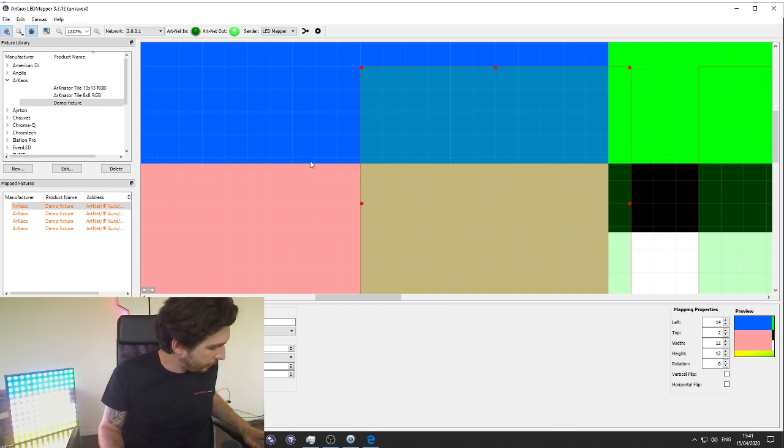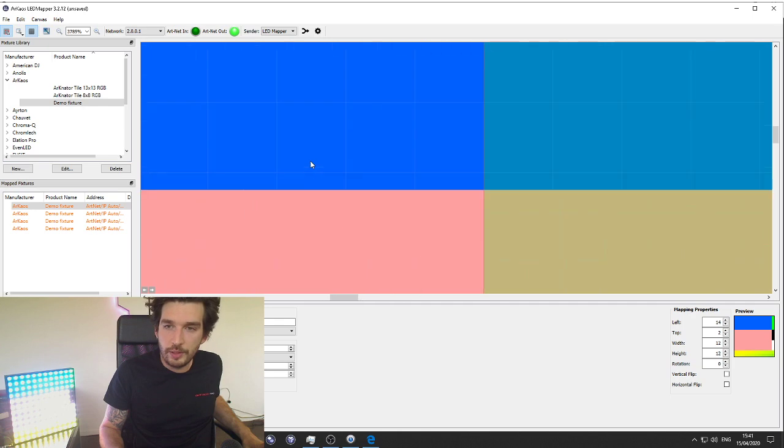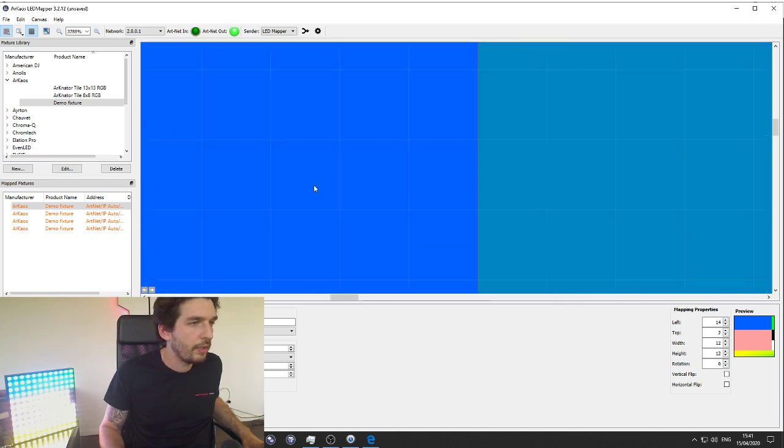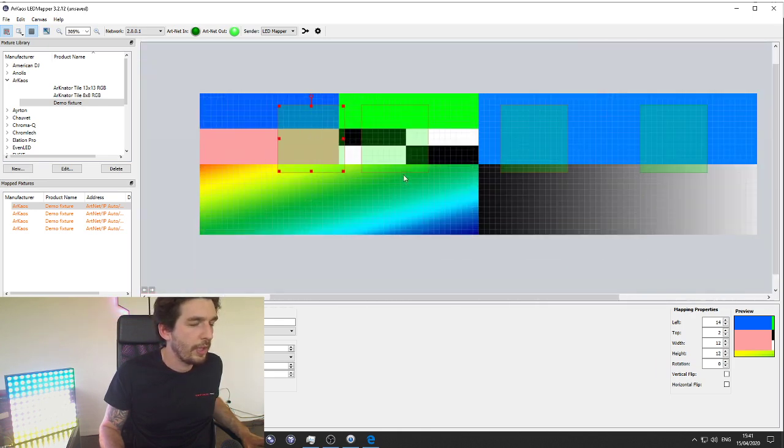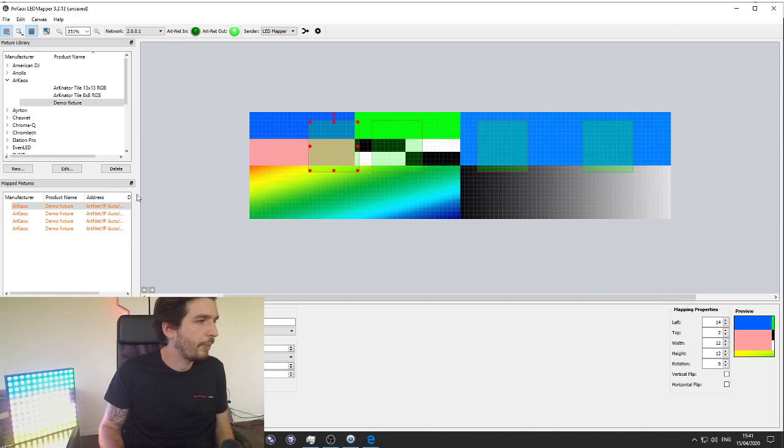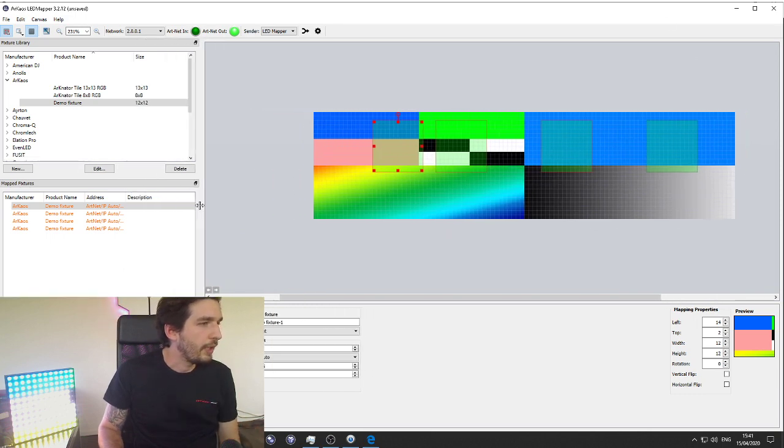Okay, Control and scroll of your mouse zooms in or out. Okay, zooming out right now. That's my setup. Let me expand that a bit. Right hand side,